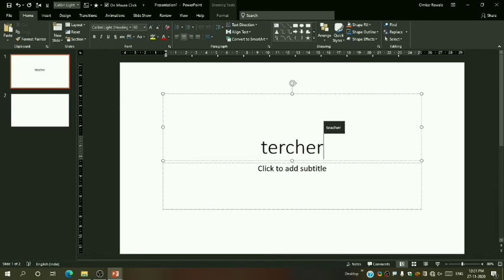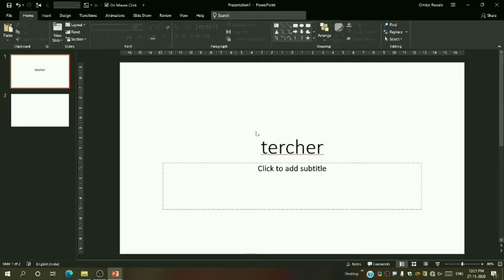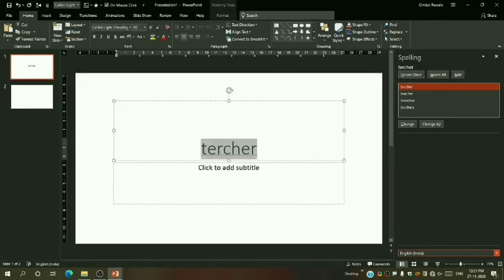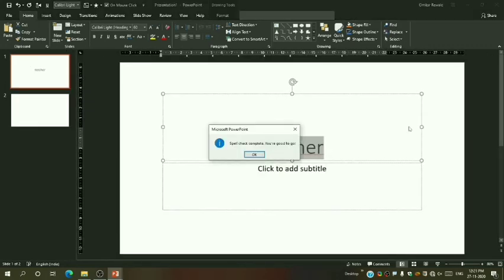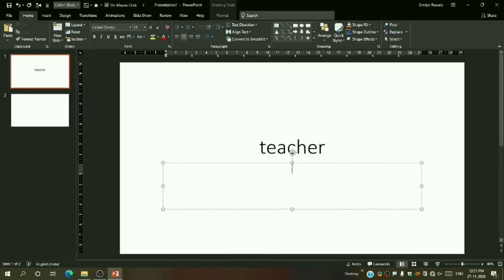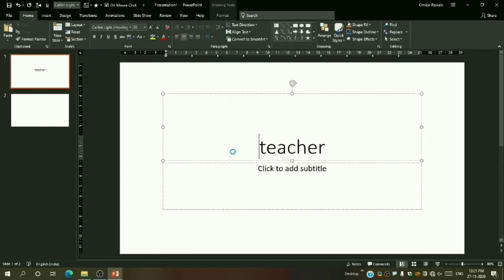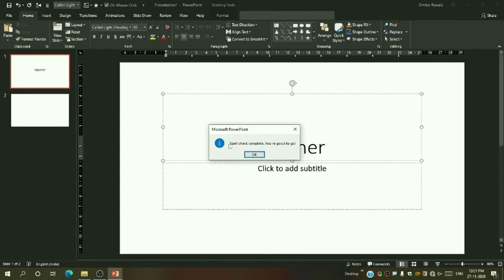Then I will press the F7 key on my keyboard, and it shows me that I have made a spelling mistake. So I can change it from here. Then I will press change. Okay. Now if I press that key again, it will show me that the spell check is complete, you are good to go. That means you have no spelling mistakes so far.